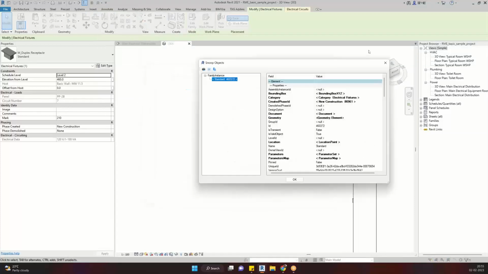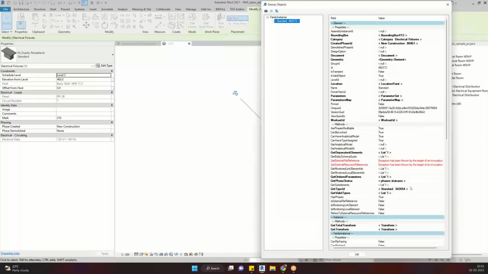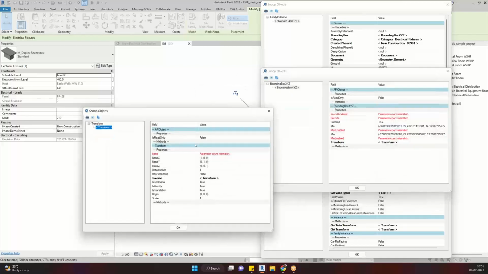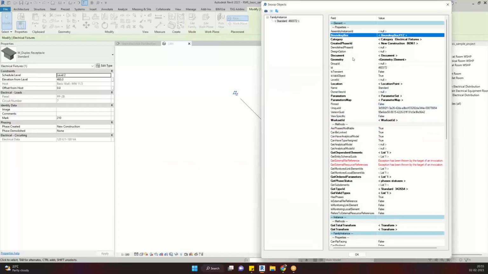I want to snoop the selection data. When I snoop it, this is the actual data that others can't see. Not only this, let me show you. When I enter into the bounding box, I can see some other stuff again. If I enter into the transform, there is another properties palette. See how many values and parameters I have. If I want to fetch the Z direction of it, how do I get this? Let me close it. If I want to get the ID of this element,